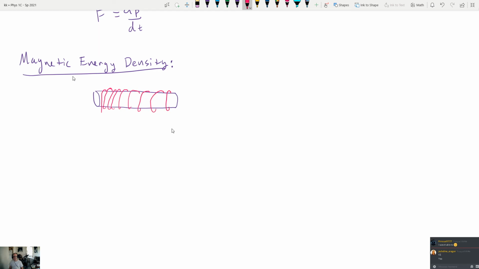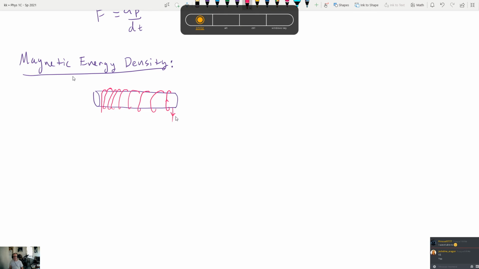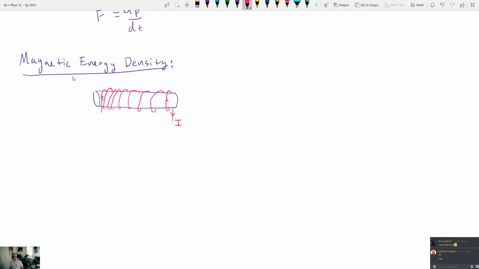Really bad looking solenoid, but it's not super important. And let's say the current is flowing like this, so it goes up that way, down this way, and it comes in right here, I, like this. So this is going to construct a magnetic field that's going to point this way,